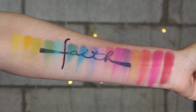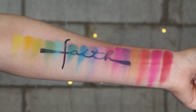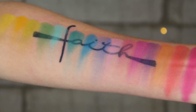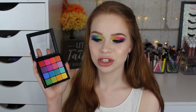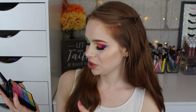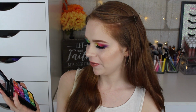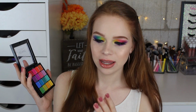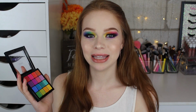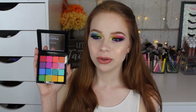Some of them are good, some of them are pigmented, and some of them are not. Some of them have like little shimmer sparkles in them, like, see this red, it has little sparkles, but it's just tiny sparkles. I don't understand what the point of that is. I wish it would have just been all matte instead of having a few shades that have sparkles in them. I either want it to be full on matte or I want it to be full on metallic. I don't really like the in-between very much. So